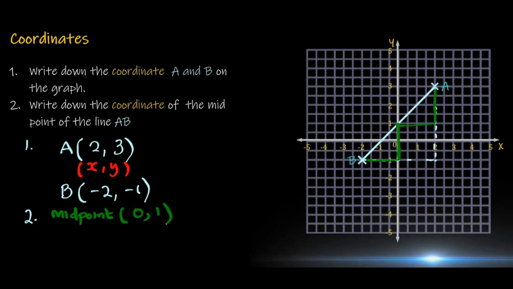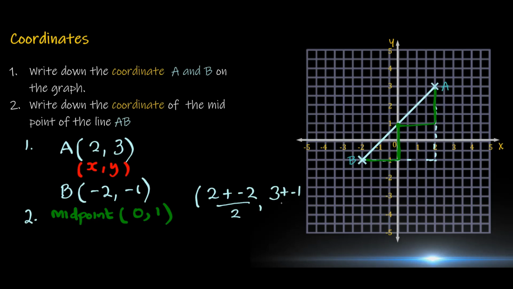Now the second way you can do this is by actually doing a calculation. When we're calculating the midpoint of a line, what we have to do is add the x coordinates of A and B and divide by 2, and do the same for the y coordinate. Taking the x coordinate of A and B, I'll have 2 plus -2 divided by 2, and for my y coordinate it's 3 plus